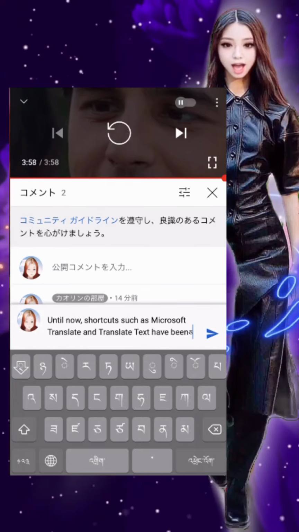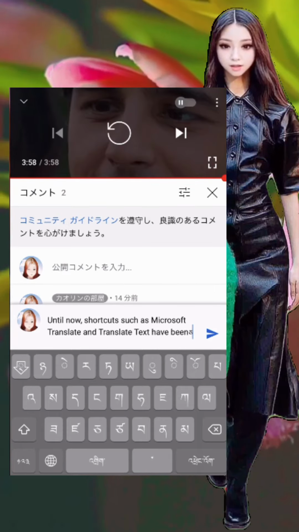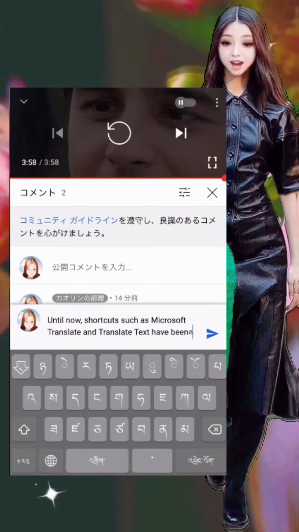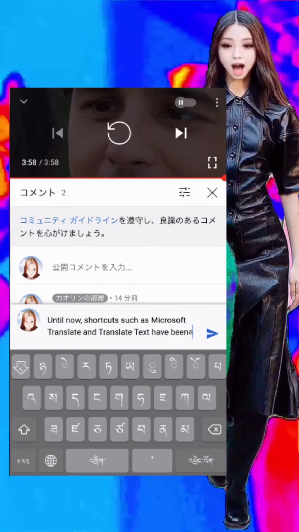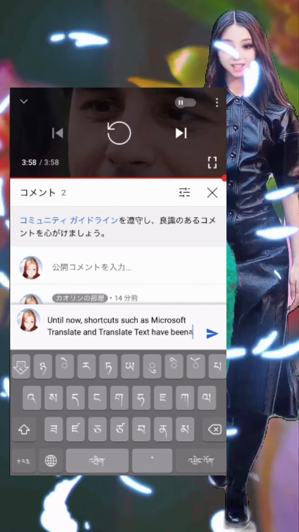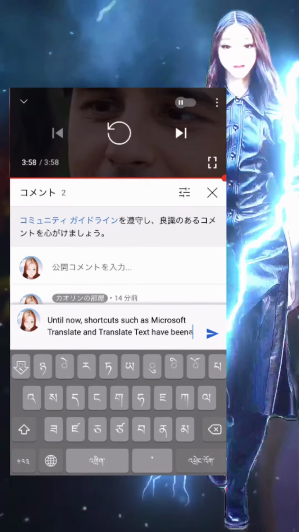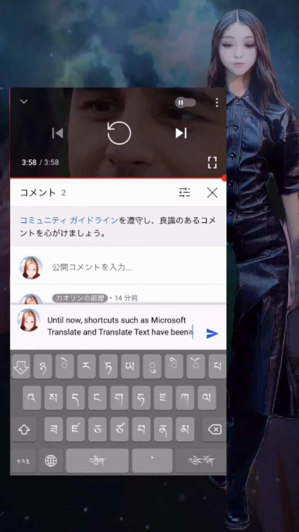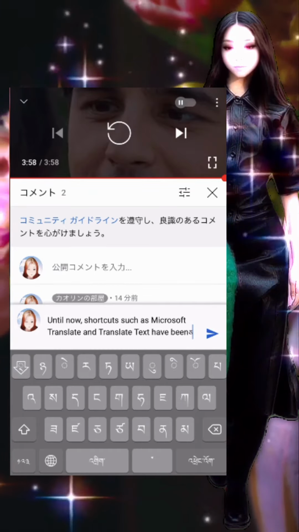I'm a little off the topic, so I'll put it back. Until now, when writing a comment, instead of converting it to English etc., ideally, I would comment in my language, Japanese, and the other person would translate and understand it. I thought so, but the reason I didn't is that it's just annoying. However, with this translation function, you don't have to worry about the trouble of translating. So you can easily convert to multiple languages. Not everyone who uses YouTube can make full use of the translation function, so it's still impossible to say, you should translate and understand what I wrote in Japanese. It's a privilege only for English-speaking people to be able to do that.